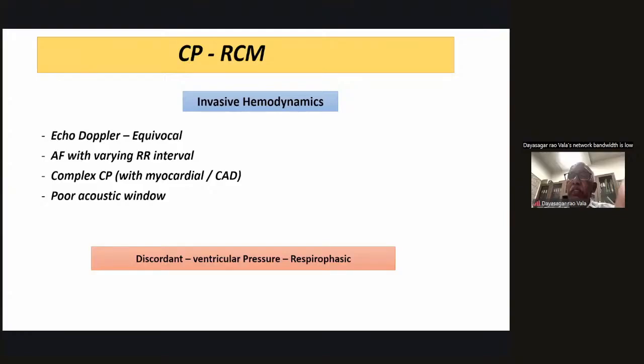So basically now echo Doppler, is there a role for invasive hemodynamics in 2025? Answer is yes. What are the conditions? Echo Doppler, there is a